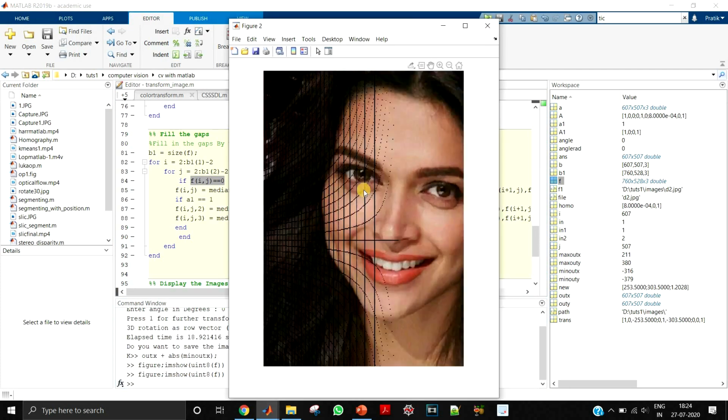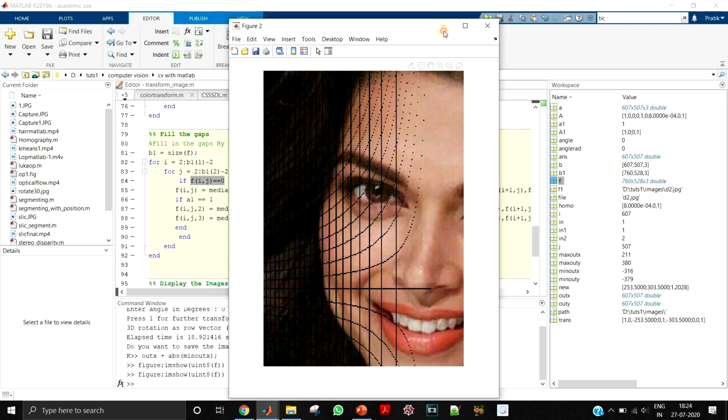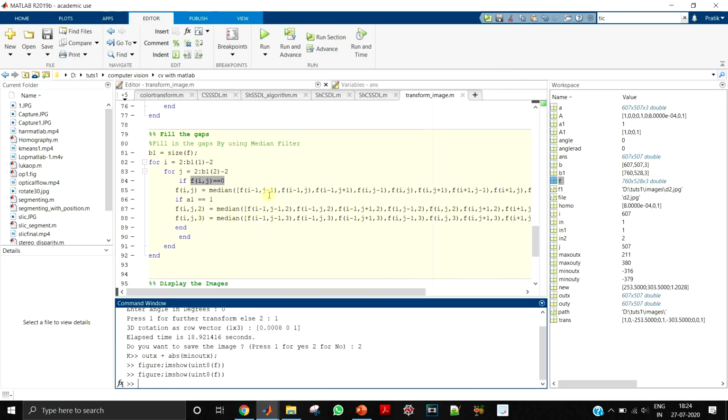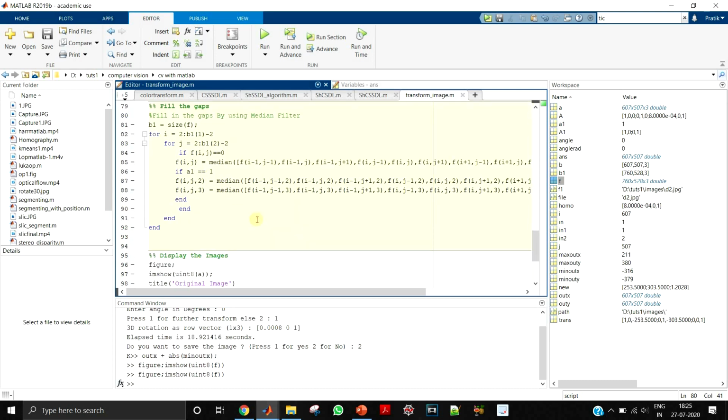So if these locations over here are 0, that means it is a pixel that is not filled. So that is rectified over here by a median filter. So now you can use different interpolation techniques. You can use the bicubic interpolation, you can use the bilinear interpolation, you can use the different interpolations that we have. So for simplicity I have just taken the median filter for now.